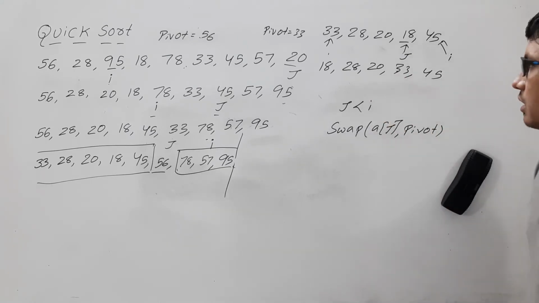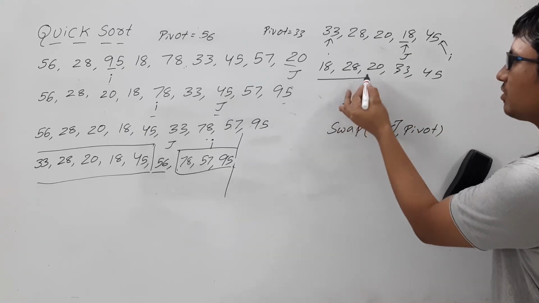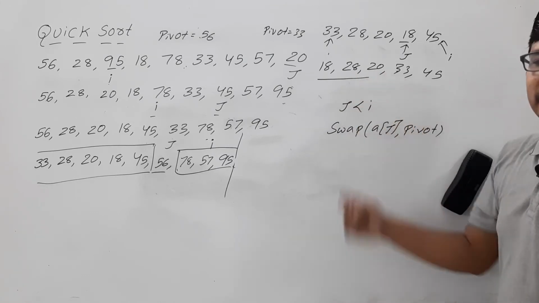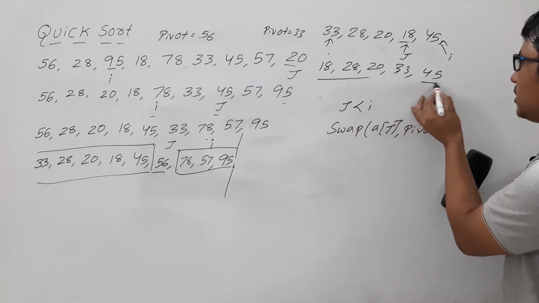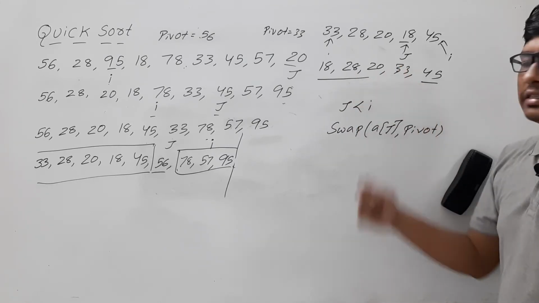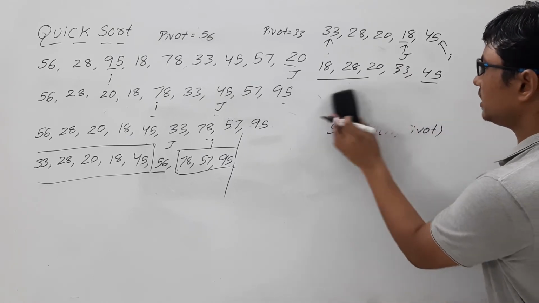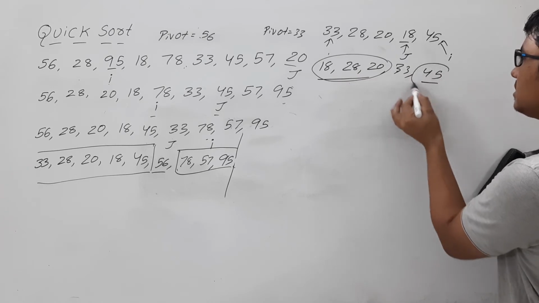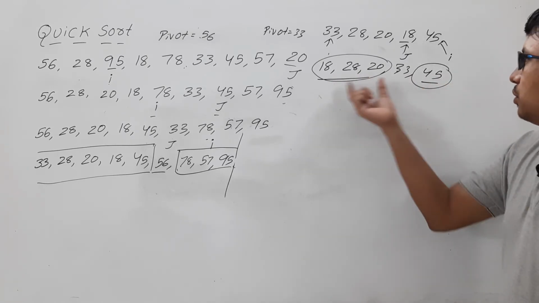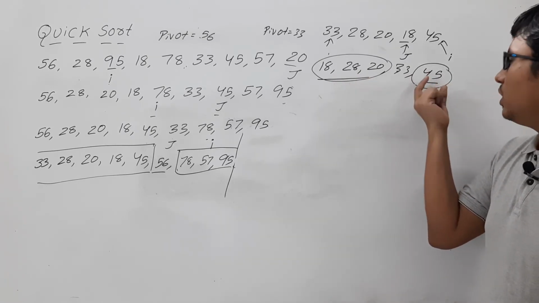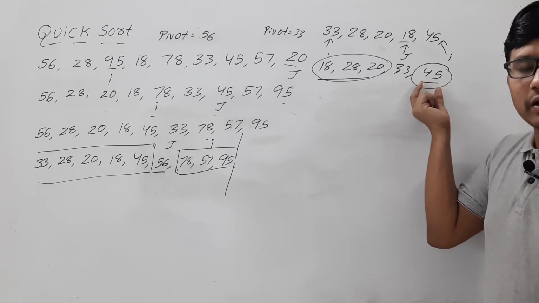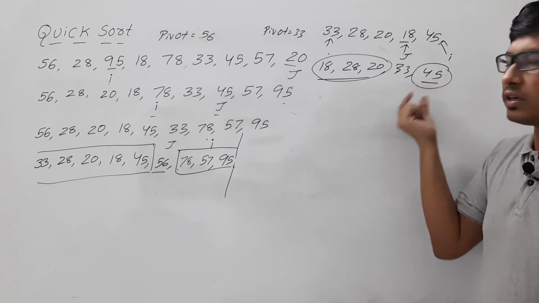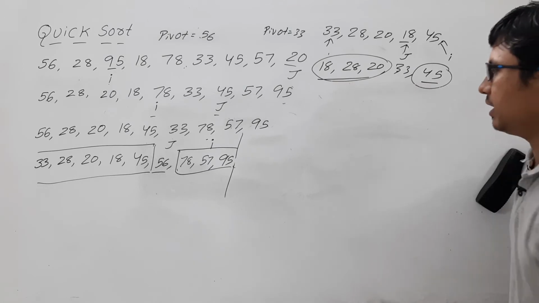Now if you look at it, the elements which are there in the left hand side of the pivot are less than that one, and the elements which are there in the right hand side are greater than 33. So again we got two sub arrays. This is one sub array and this is another sub array. Now this sub array already has only one element, so we can say that this is already in sorted order. Now let me take this sub array 18,